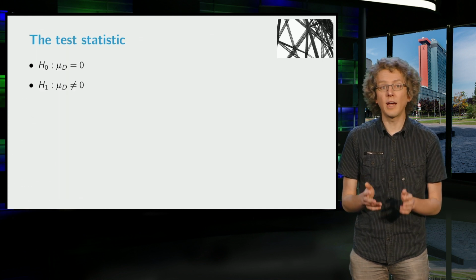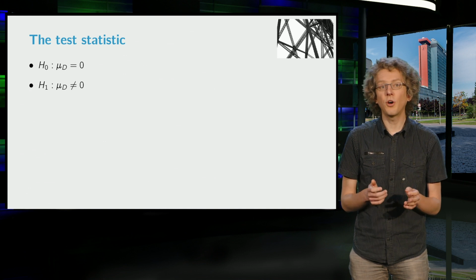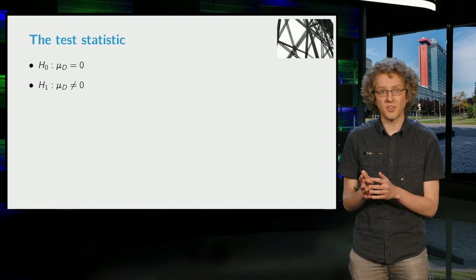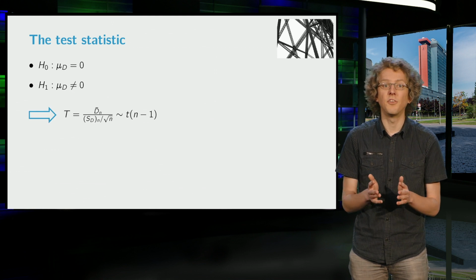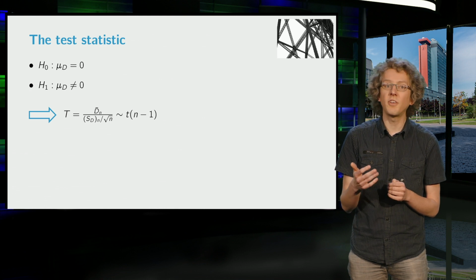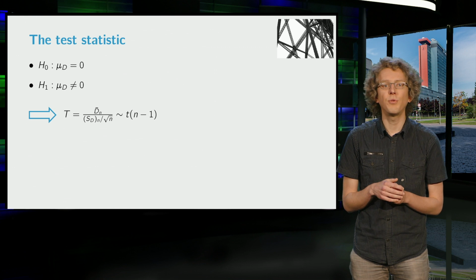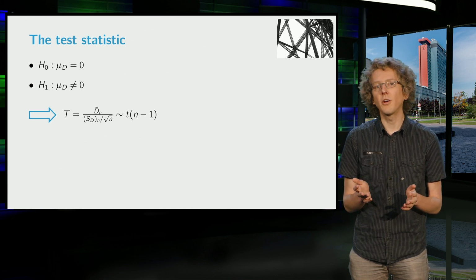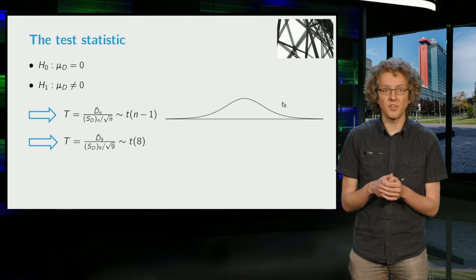Well, now we are again in the setting of a one-sample t-test. We saw that in this case we need the test statistic t, which is given by the mean of d divided by the standard deviation of d over square root of n, where t has a student t-distribution with n-1 degrees of freedom. In our case, we get a t8 distribution, and the value of the test statistic turns out